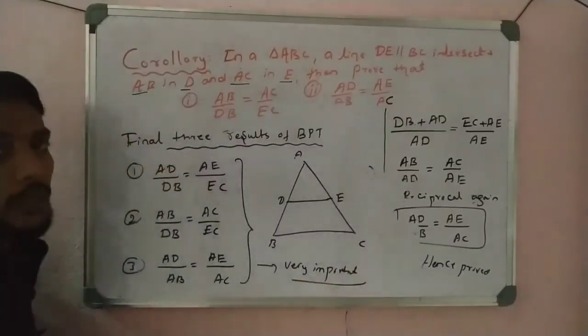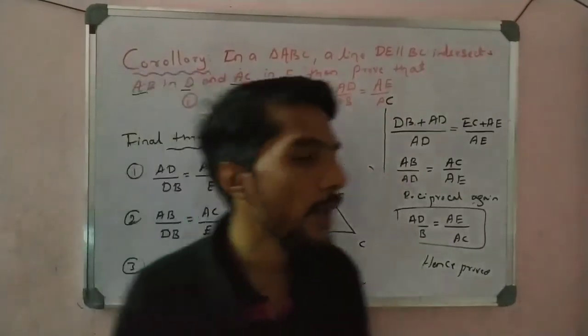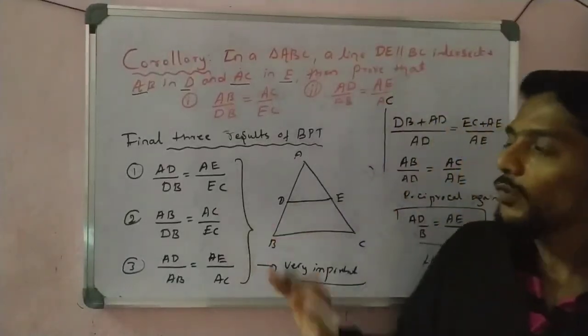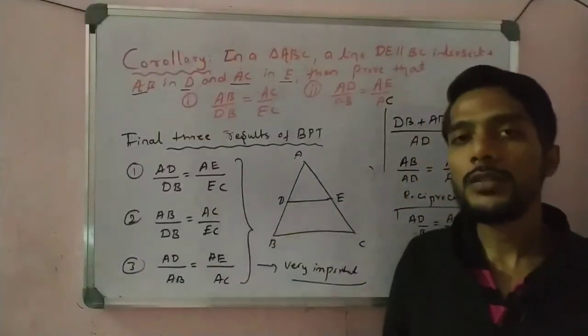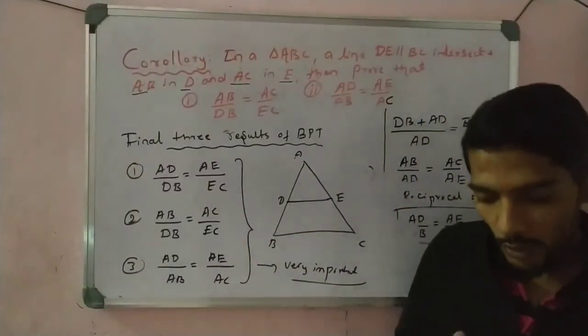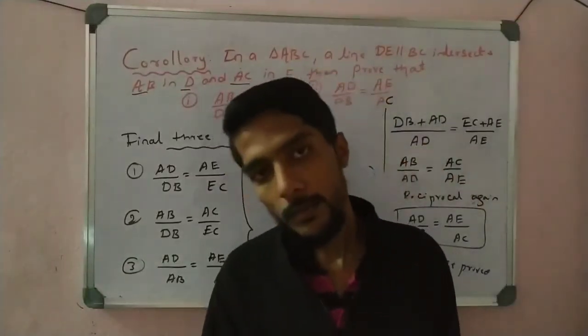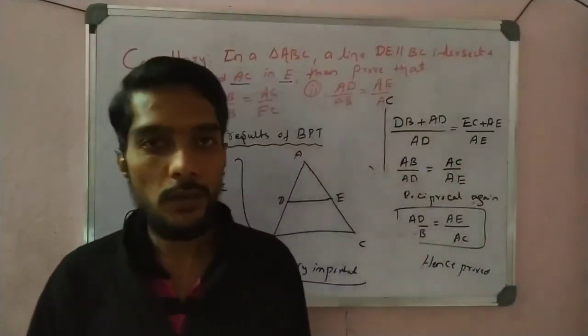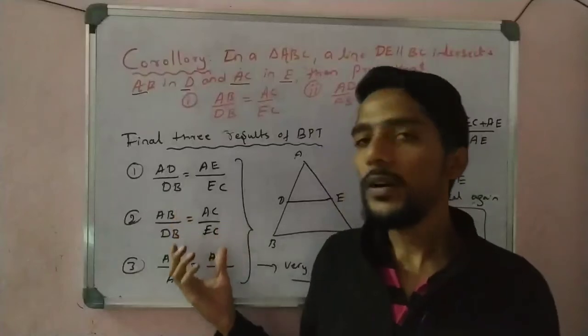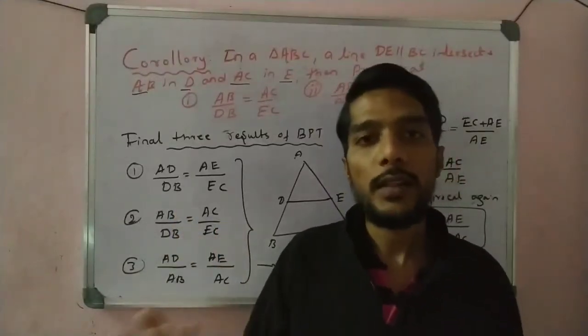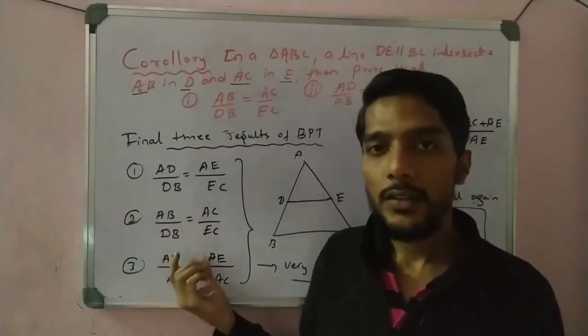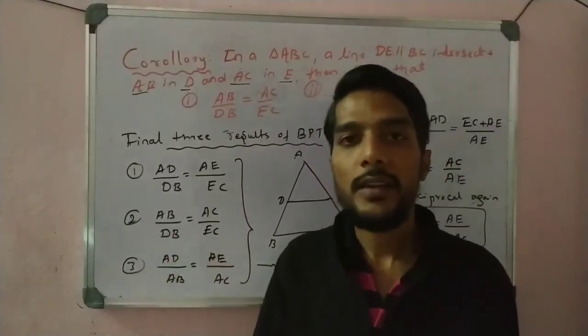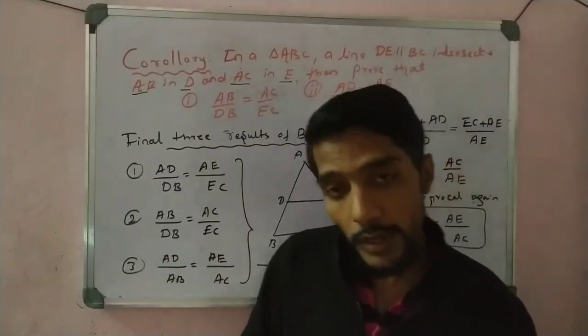in solving the numericals. Whenever we face a numerical, we check which one fits the problem, use that and solve it, and that is the solution of your problem. So based on the given, we can match any one corollary and put it here, and we are able to find any one side. If 3 sides are given, we have to find the unknown side. So this is a very important point.